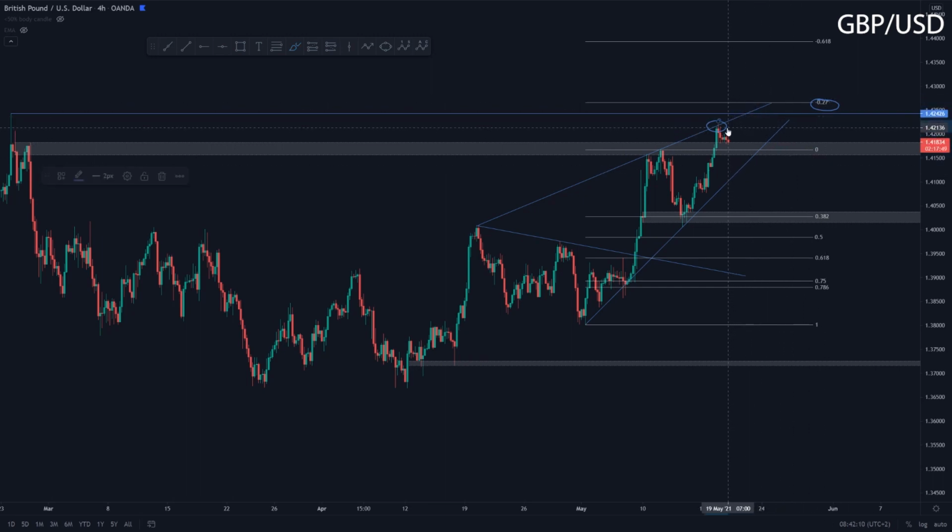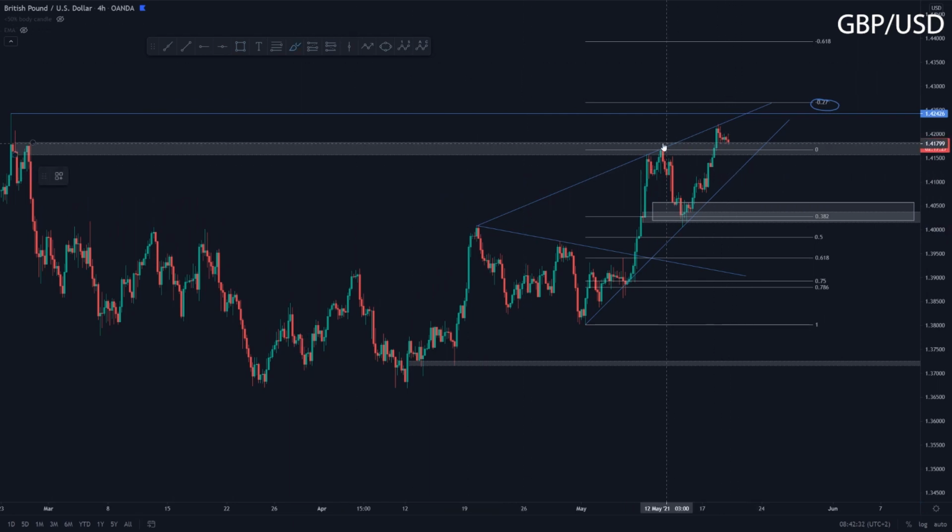However, if we do see some stronger confirmation which gives us bearish signs, I will be looking to short pound dollar back towards the downside, preferably back down towards this specific area of previous support. So no longs on the board for me yet, just going to be waiting until we see what the market wants to do,